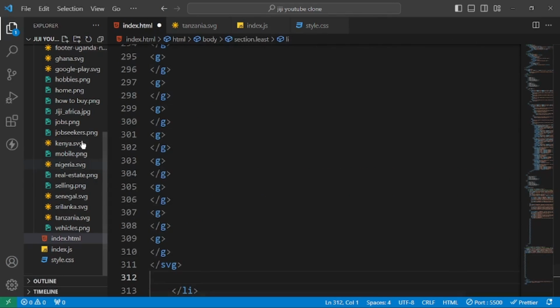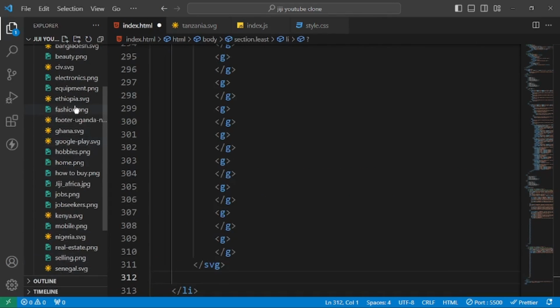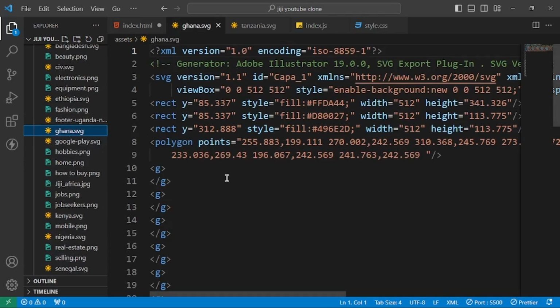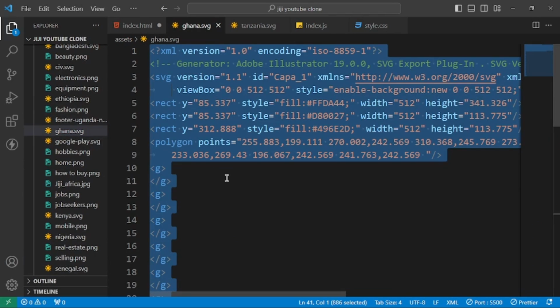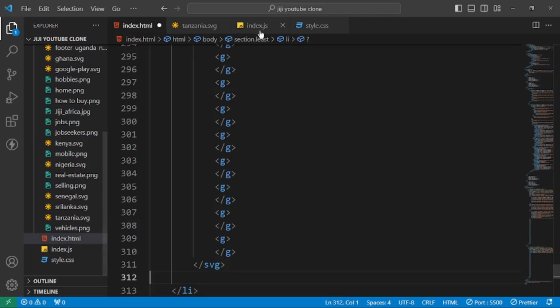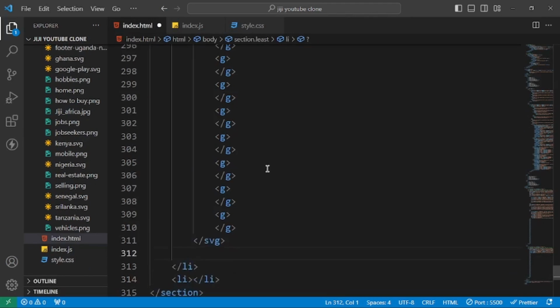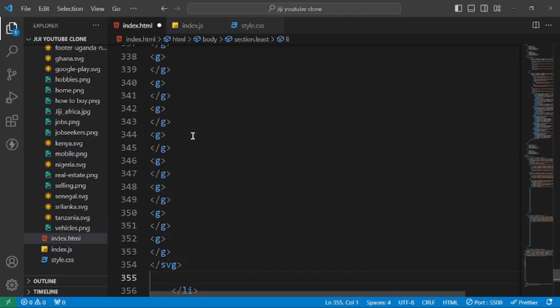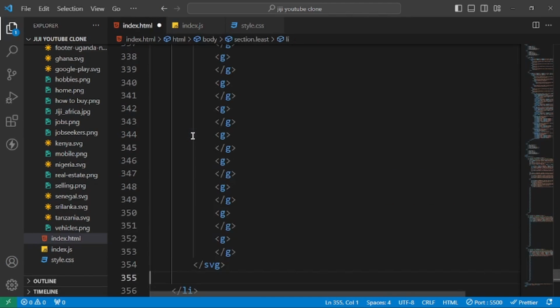Alright, so the next country I'm going to take is Ghana. So I'm going to copy everything also from here, and then paste it in my HTML. So these are the 3 countries I'm going to use their SVG, but you can put as many countries as